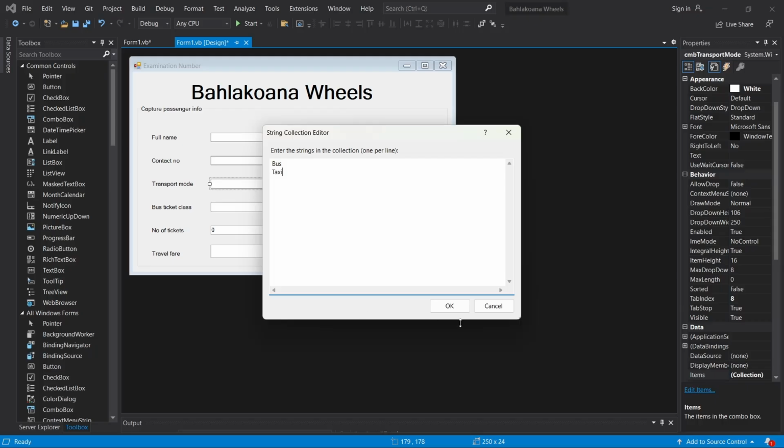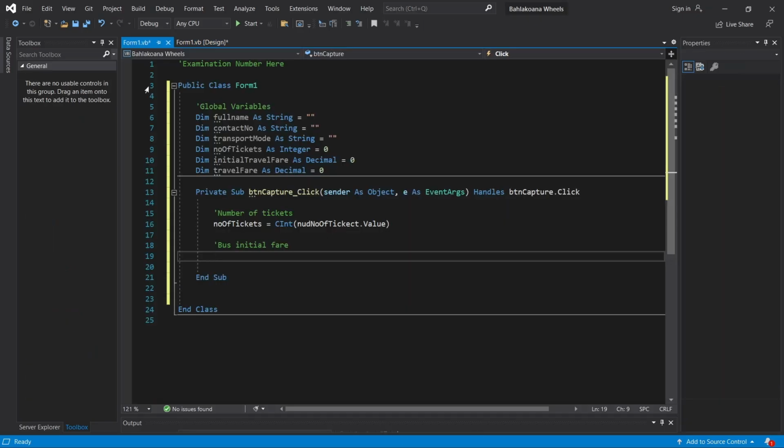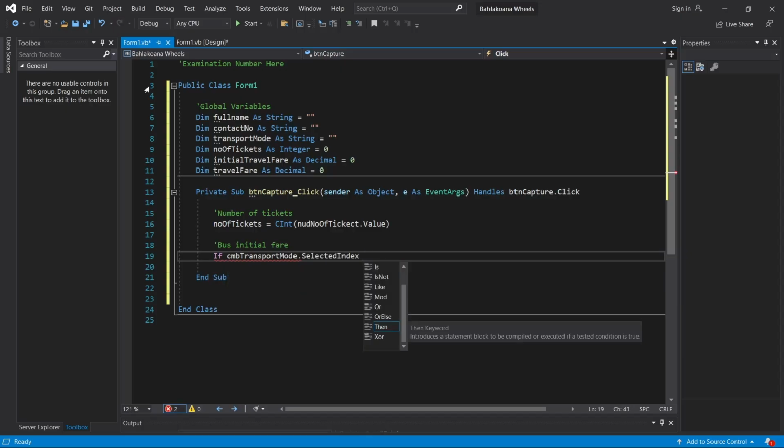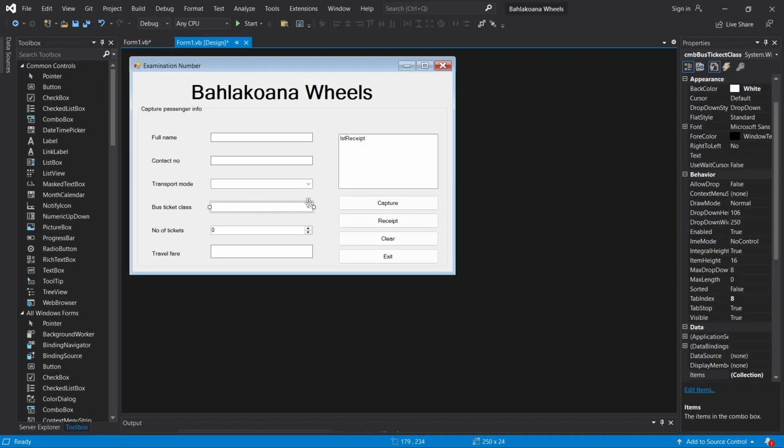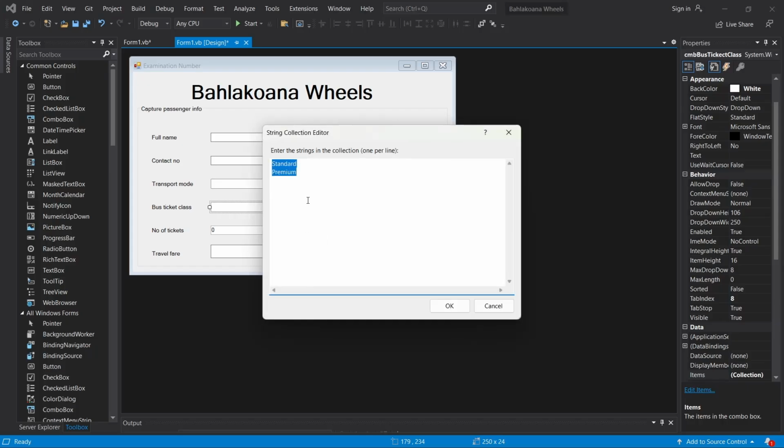Okay, now we're gonna say if CMB transport mode, this means that if transport mode is bus, because bus is at index 0, right? Then we know that if our transport mode is bus, we have two ticket class options, which are standard and premium. So in this combo box, this means that the standard is at index 0 and premium is at